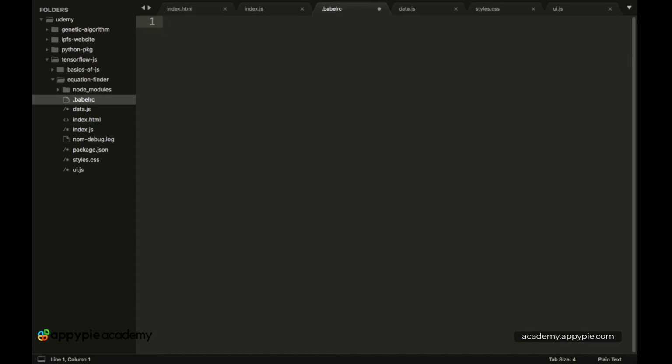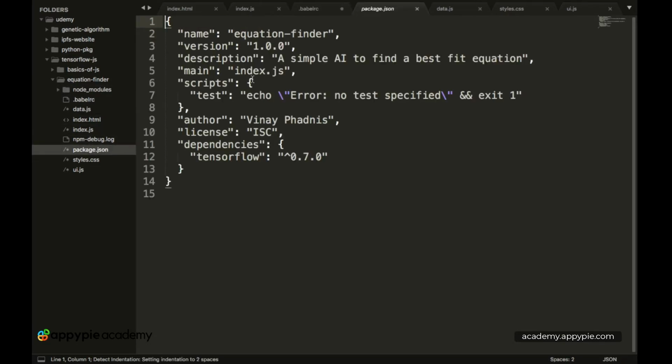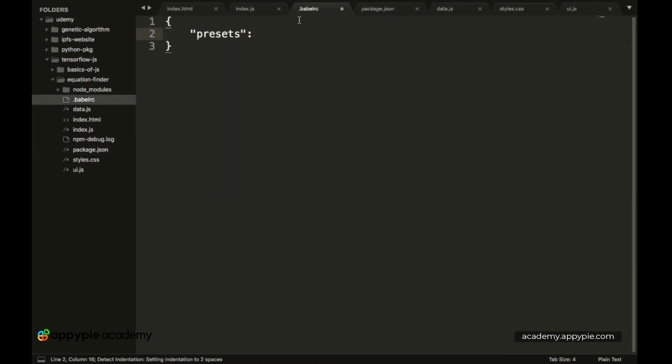Now we have to specify some initial configurations, and then we are good to go. So we have opening and closing brackets because this works like a JSON object. Now we have to specify the initial keyword, which is presets. Later on in our package.json, we'll be adding a library of presets.